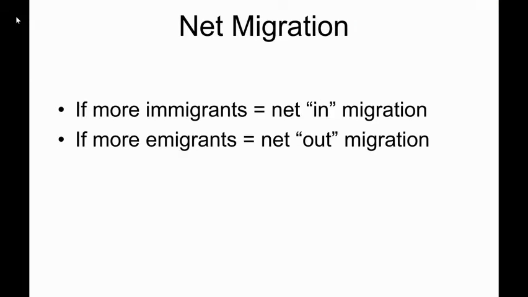Okay, next, net migration. Net migration is kind of the sum total, or the result after you've added and subtracted all the people coming in and all the people leaving. What do you have in terms of migration? So the way we could look at this is if there are more people coming into the country, which is typically the case for the United States, then we have what we call net in migration. However, if you are, say, like, I don't know, maybe a sub-Saharan African country where things are not that great, and if you can afford to, or if you can, you get out and you go somewhere else. If you have more emigrants, then that's what we call net out migration.